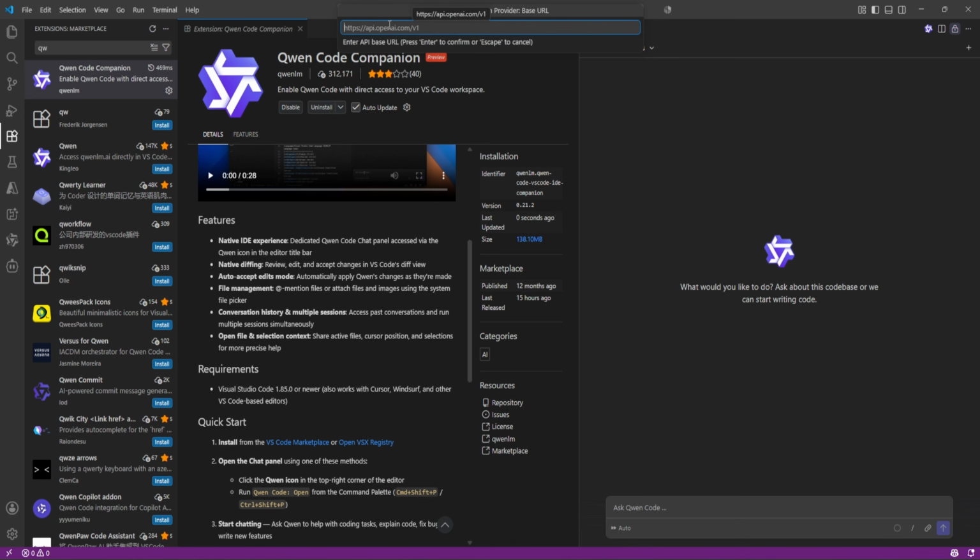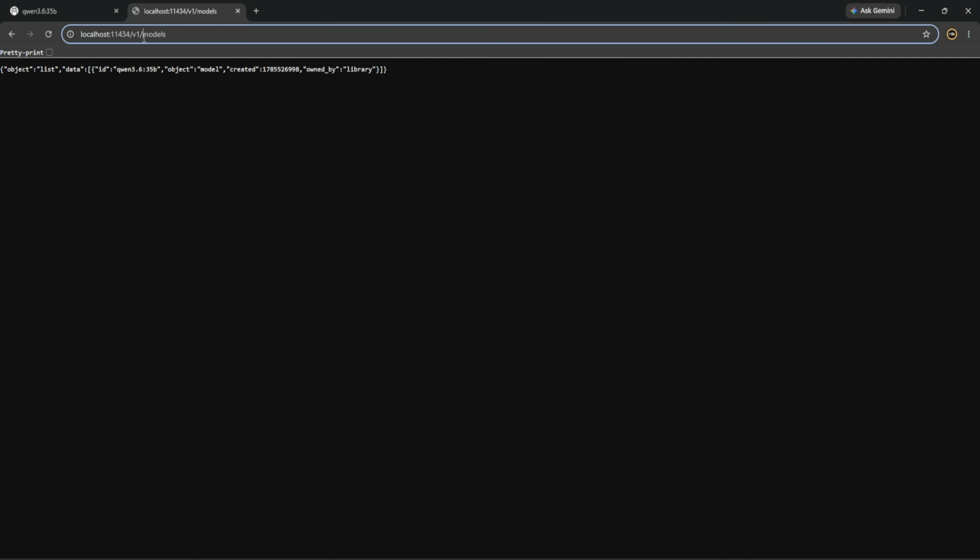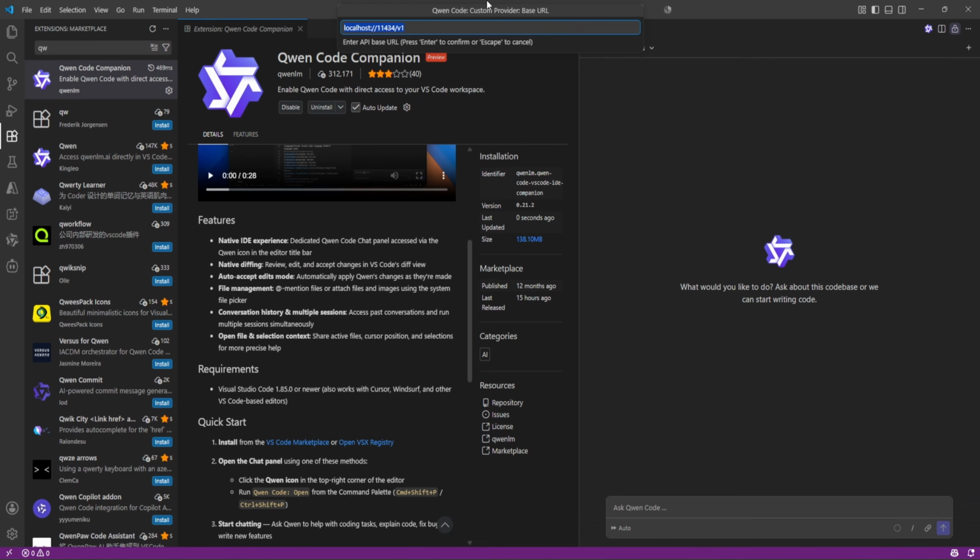So we can use it directly here, and Ollama exposes all the endpoints at localhost:11434/v1. We can verify once here, and yes, we need to copy this part. Come here, and in the API key, we can just type anything.